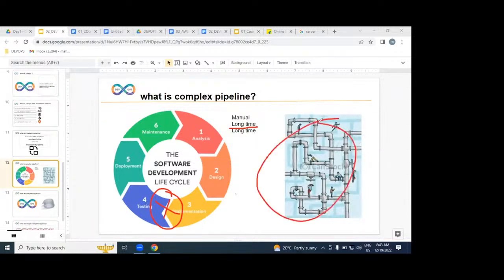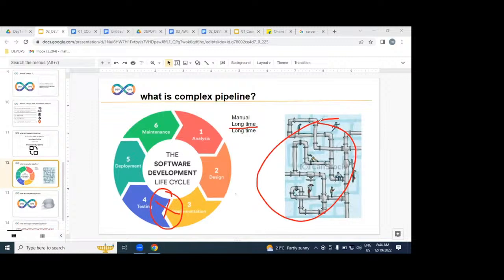Example, a water pipeline. The water pipeline is underground. Somewhere there is a blockage, not a leakage, a blockage. Can you find immediately where the blockage is? Experts are required or not? We need to pay more salary, more amount, or not? Even experts cannot resolve it within half an hour, an hour, or a day. It will take a long time. The same happens in the SDLC process. If you follow the SDLC process and get any issue or problem, identification takes a long time, and resolving the issue also takes a long time.